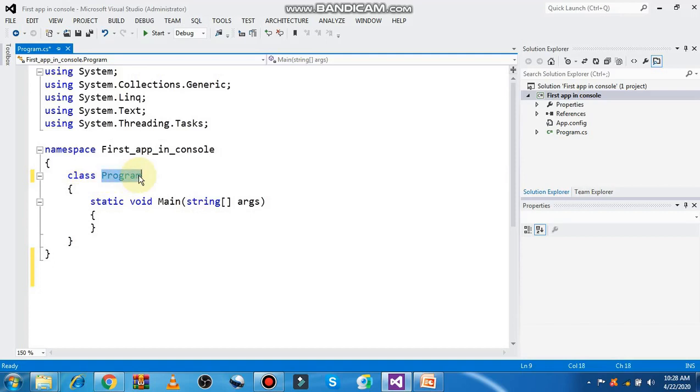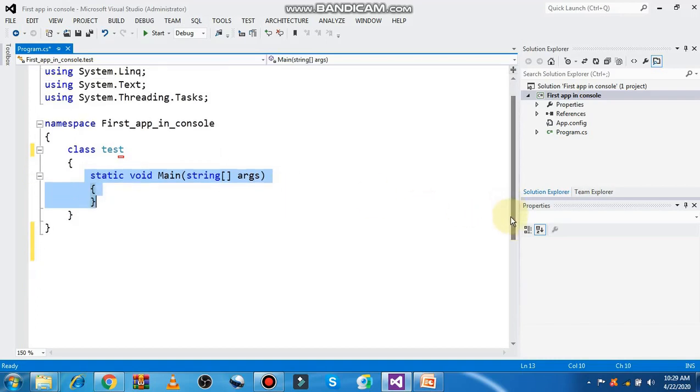By default it appears as Program, and if you want to change the name, you can change it from Program. Let's change the name of the class, so it is Test. Now if you see, within the class body we have another body which is called the main function body. So this is the C# structure, which looks different. If you remember the C++ object oriented programming, the structure of C++ was a little bit different.